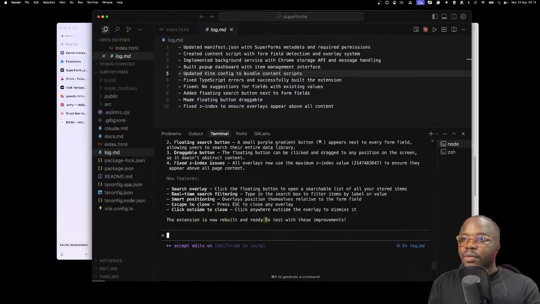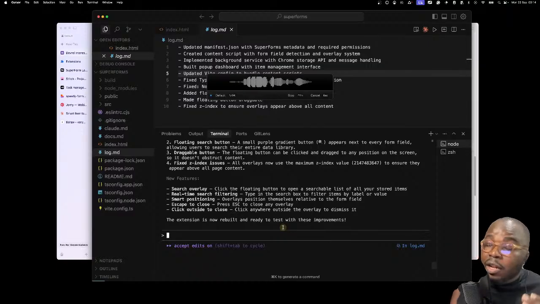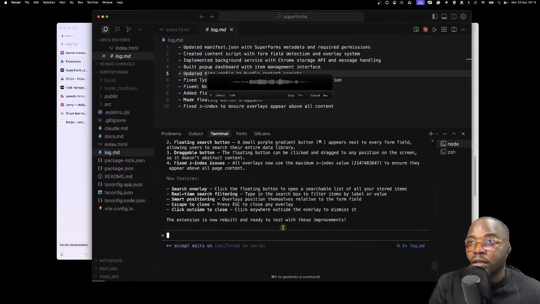The extension is now rebuilt and ready to test. Okay, great, I love what you just did. It works, though there's a bit of a bug. When I click on the floating button for the first time, the UI shows and then disappears, and only when I click the second time does it actually show and stay. Also, look at the input UI and how it feels. Based on the trigger, the first item in the list should be the item that is in the trigger, so we order it so the triggered items are on top of the list.